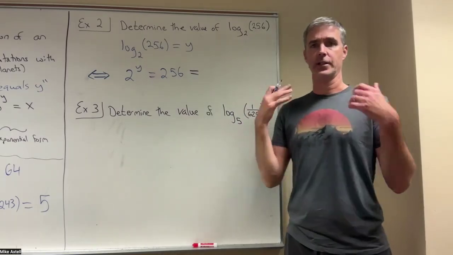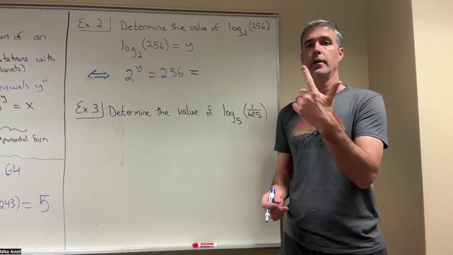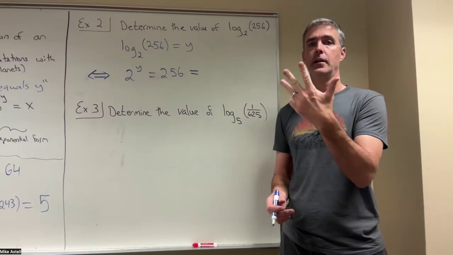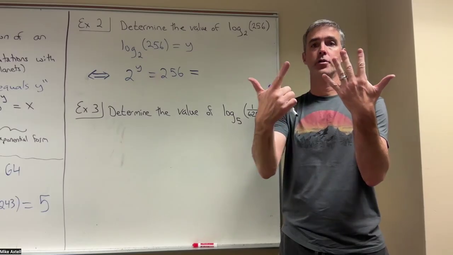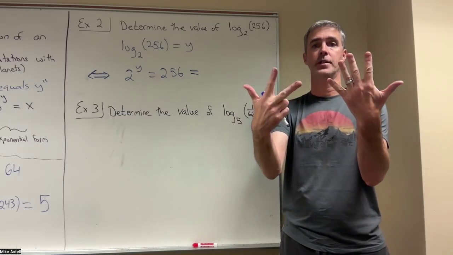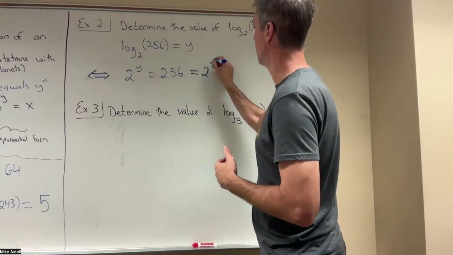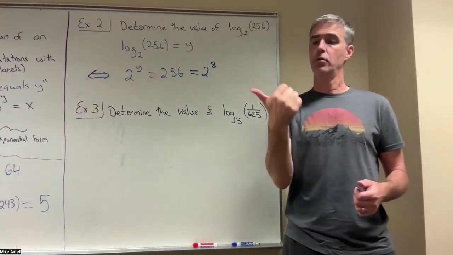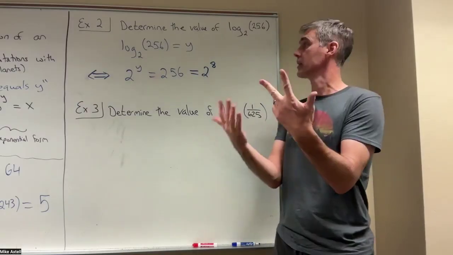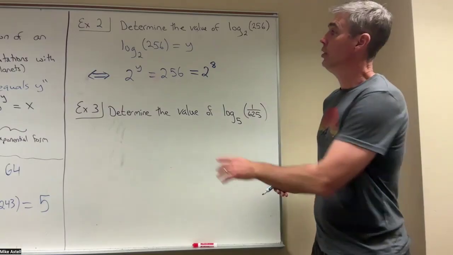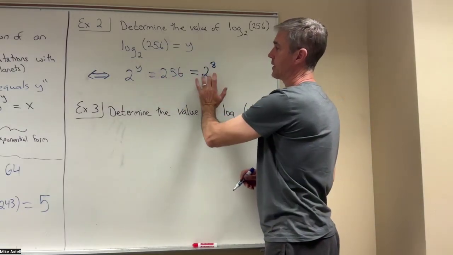So 256, let's think of that as a power of 2. 2 squared is 4, 8, 16, 32, 64, 128, 256. So I believe 256 can be written as 2 to the 8th. I want to check my math though. 2, 4, 8, 16, 32, 64, 128, 256. Yes, 8. Okay, so I flipped it to the exponential form, and then 256 is the same as 2 to